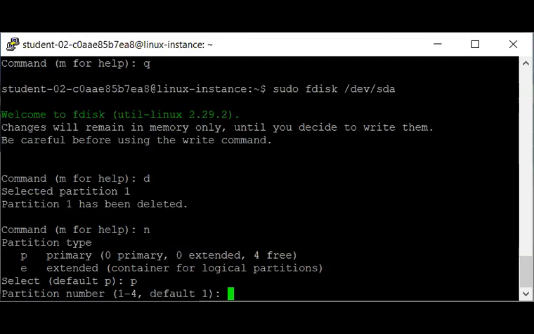Give the number 1 to this first partition by pressing enter, or optionally enter 1. The partition number is 1 to 4, default 1. Using the default response, just press enter.